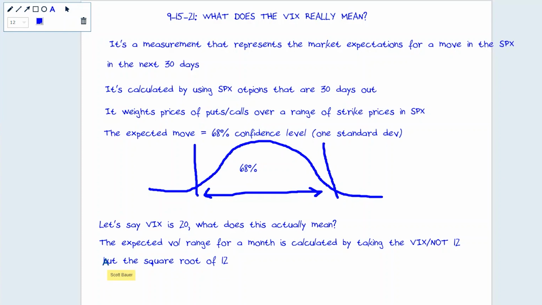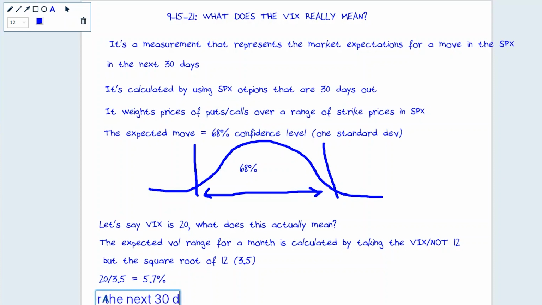That is the math behind how the VIX is calculated. So if we were to do this calculation and take 20, where the VIX is right now, divided by the square root of 12, which is roughly 3.5. I'm just going to round it off. So if we take 20 divided by 3.5, we get 5.7. That means a VIX of 20 is actually representing that the market is pricing in a move of 5.7% over